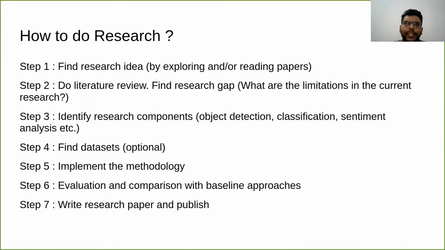In most cases, it's better to show that your results are better than the previous ones. In some cases, you can also just say that you didn't get very good results. That is also research, but you will have to justify why you didn't get good results using this approach. So this is where you have to do evaluation and comparison in your research. You'll probably have to write it in your documentation later on. And finally, you can write a research paper and do some publications after you have done all the research.